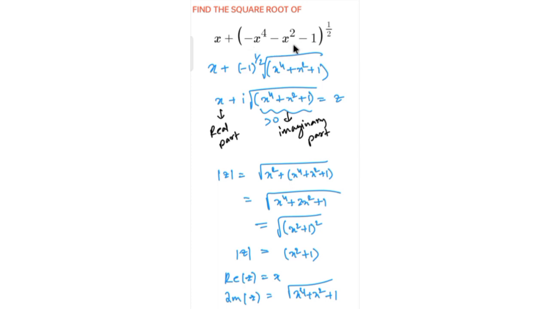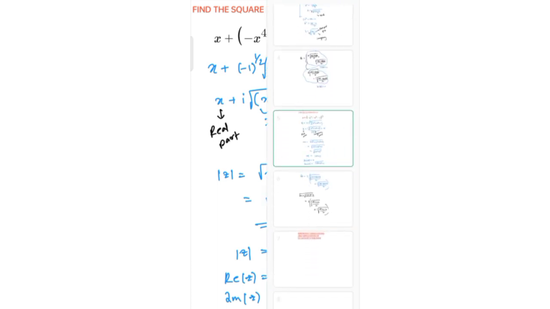Because of that reason we have got a complex term, and using this logic, if we have a complex term given to us, finding the square root is a simple method: we use the formula, identify the real part of z, find the modulus of z and then substitute. So this is how we find the square root, and this is the best way I would say. Instead of using all the other unconventional techniques, this is the best technique.